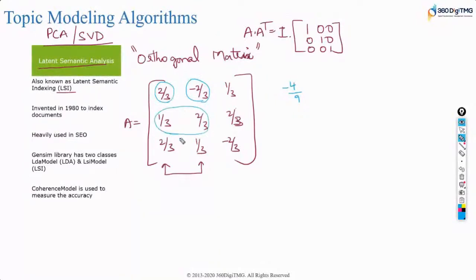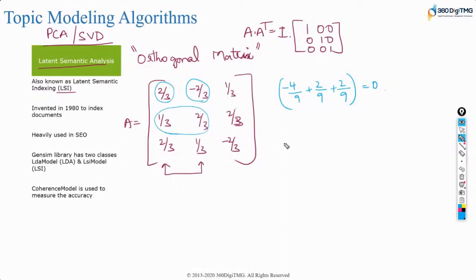Then when you take a product of these two, you get 2 by 9. And then when you multiply these two, you get 2 by 9. When you add these, you get 0. Those are the off diagonal elements, zeros. Take any two columns and multiply, you get zeros.